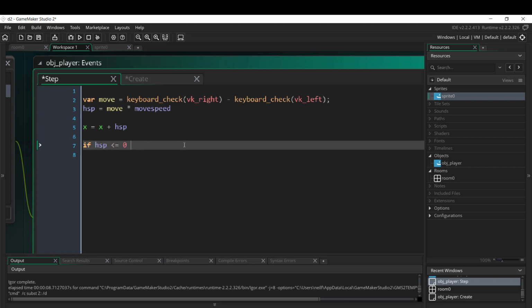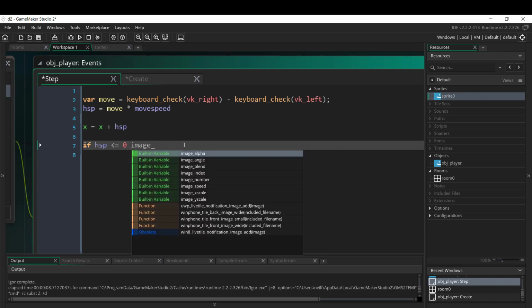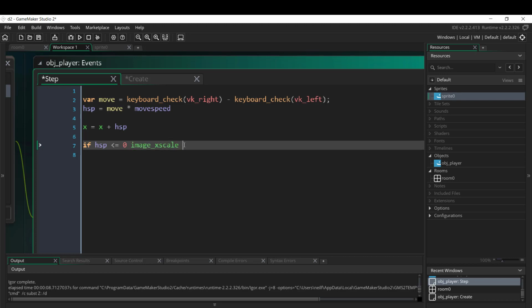then I want to, let's see, how can we do this? Image X scale equals negative 1. And so now, and I can go like this. You can put this in brackets if you want to make it easier to kind of see what you're doing. Even though it's on the same line, you don't have to, but it's good to have it there. So now what will happen